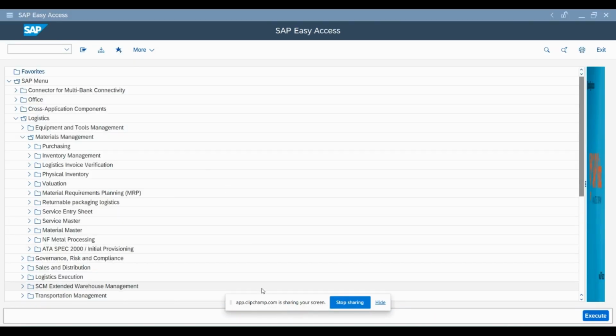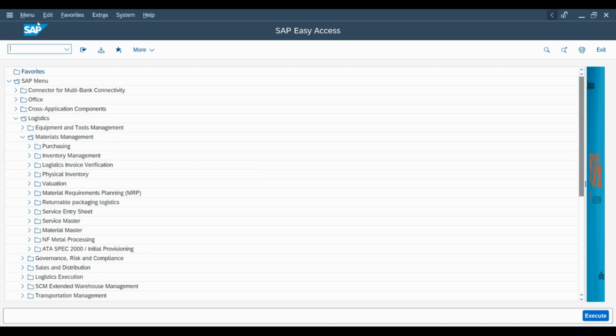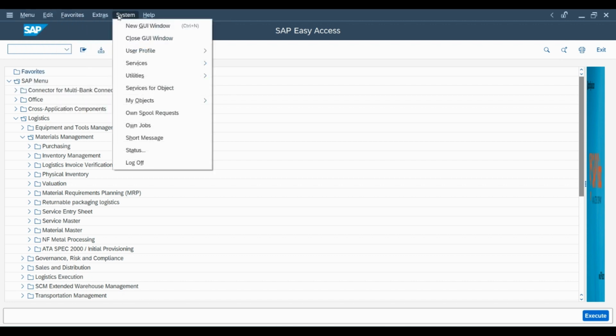So now we are in the initial screen of the SAP system. You can see you have different menu options available on the top of the screen, and here you have an option called new GUI window. Currently I have logged into the system with one window. If I want to work with multiple windows in the SAP system, you can use this option,